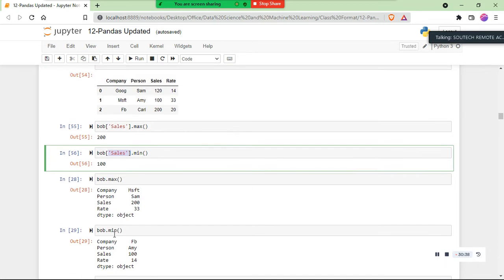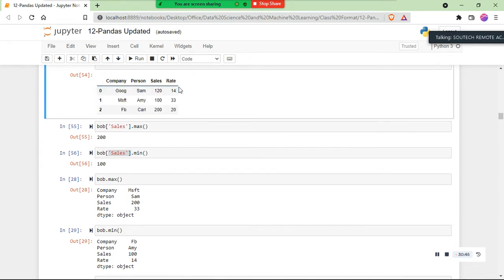for this row now, I think for this row, Google Sam 20 rate. The maximum for rate now, the maximum is 33, the minimum is 14, right? For sales, the maximum is 200, the minimum is 100, right? For